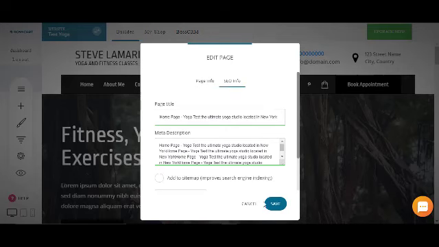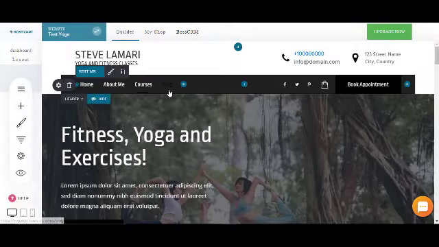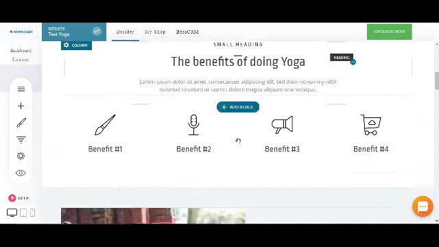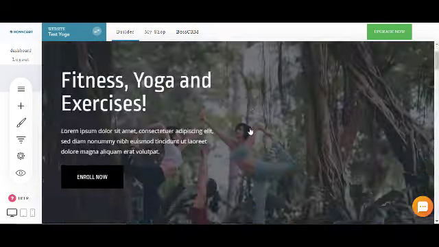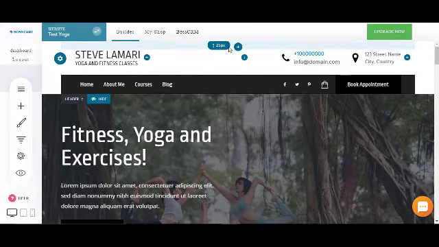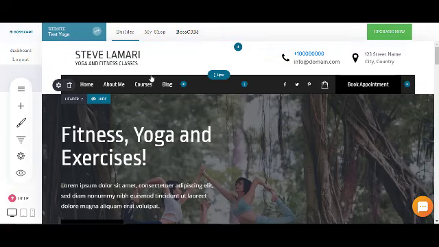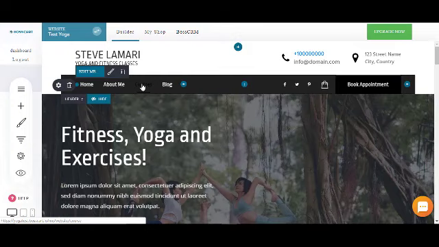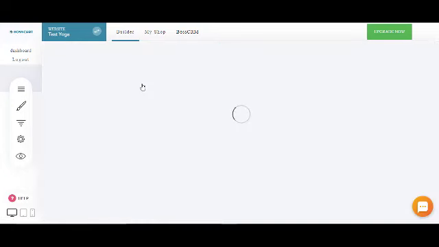When you do your individual pages, like an About Me page or any other page in your website, you want to make it specific to the content that's on that page. Don't make it general like your home page. Also, if you have products, each product needs to have its